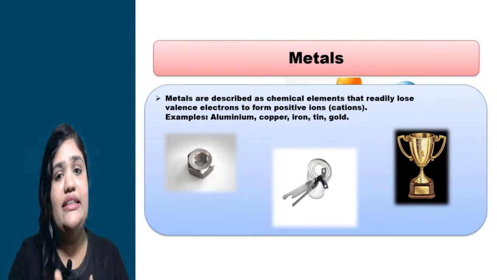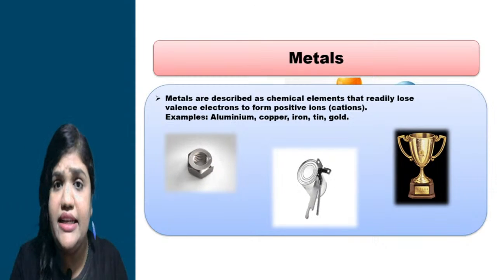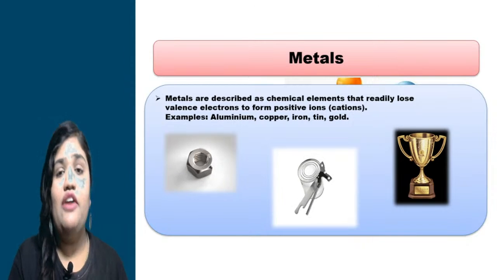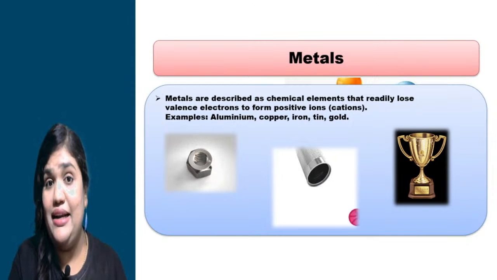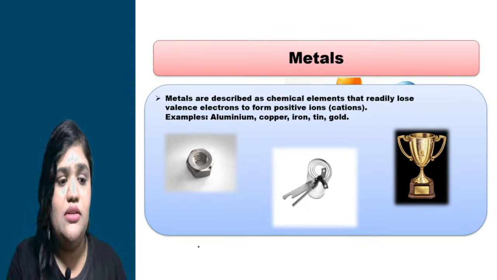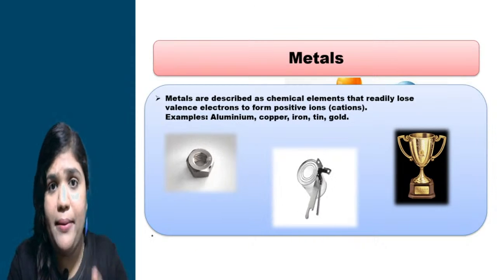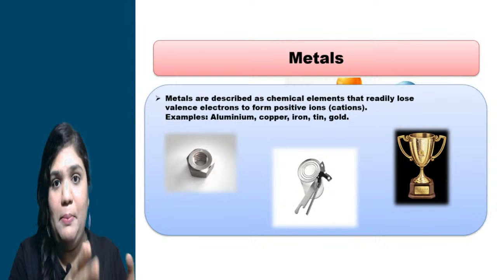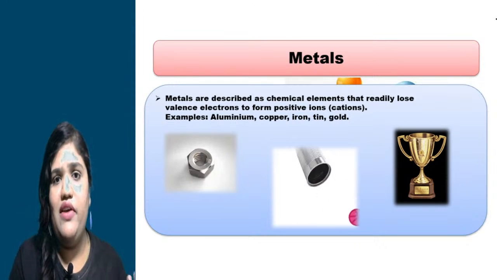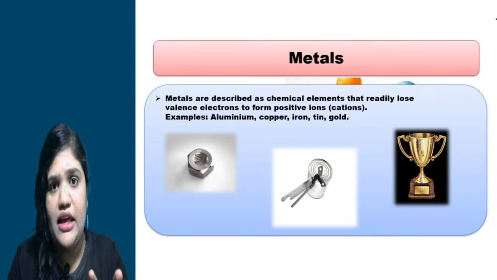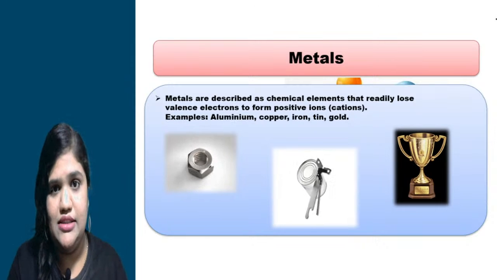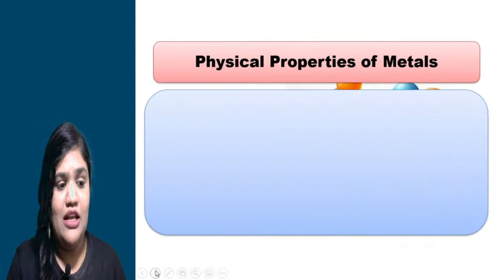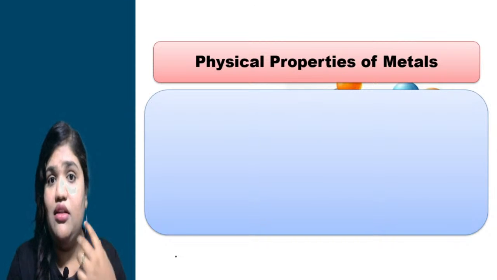So we have to understand the physical properties of metals. Let's discuss that. Here we are going to discuss the physical properties of metals. Physical properties are nothing but what you can assume by the appearance. In this way, we can easily say by the appearance what the physical properties of any substance are. So here we are going to discuss the physical properties of metals, and I am going to disclose the physical properties one by one.